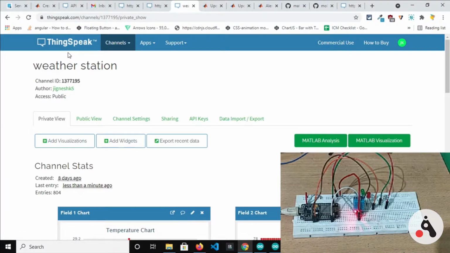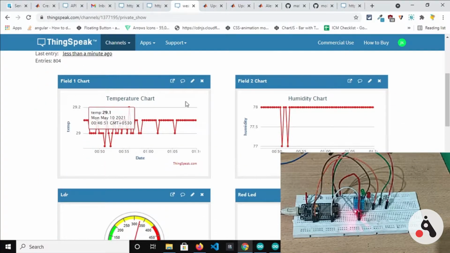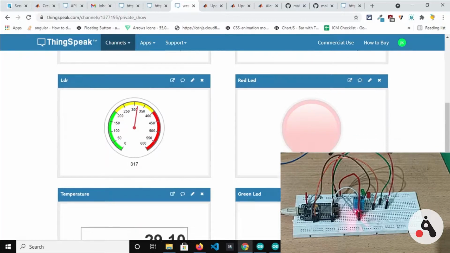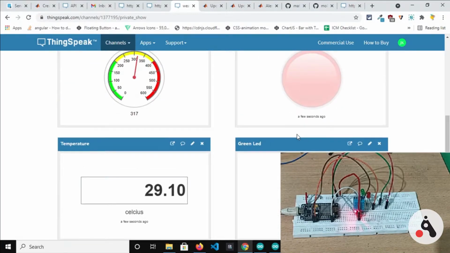So this is the dashboard of ThingSpeak, and we have created a channel called weather station, and this is the data which is coming from this IoT setup, which you can see on the right side. Field 1 is the temperature data, field 2 is humidity, then the LDR data, and the status data which are coming from the red LED and green LED.